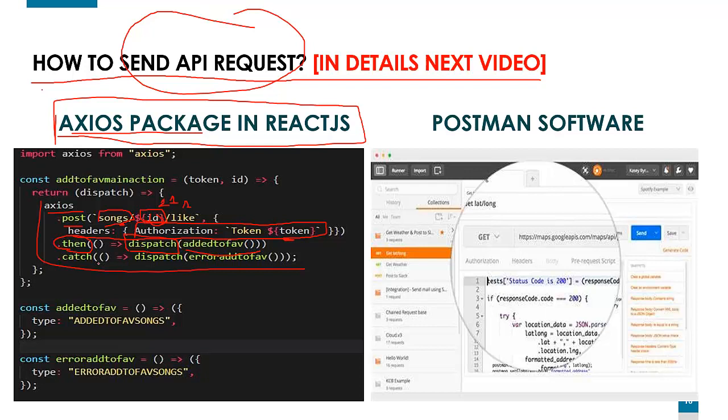If there is an error, it will dispatch that error and run an error function here. Mostly, this is for React Redux, which we will also see here.